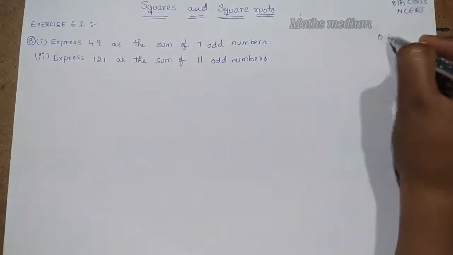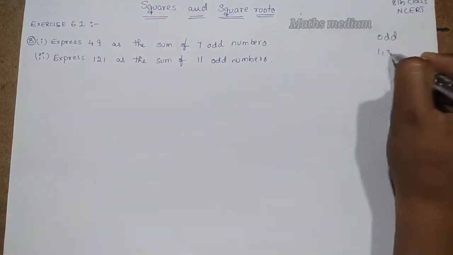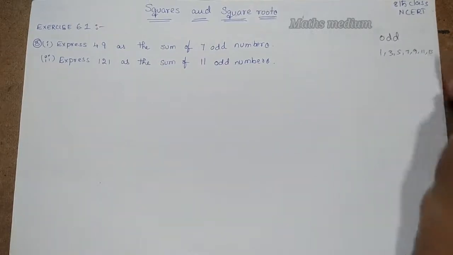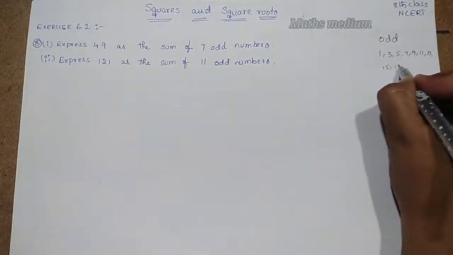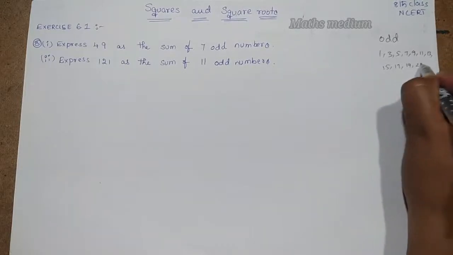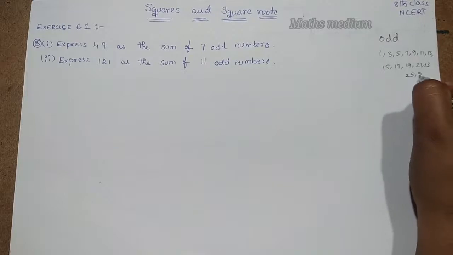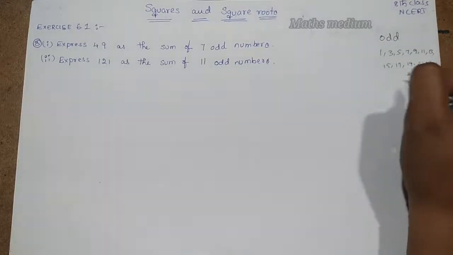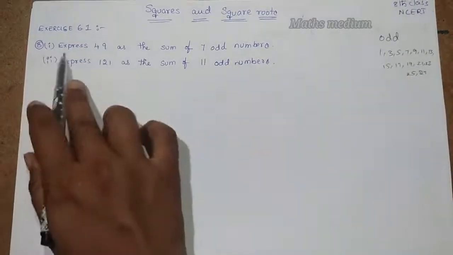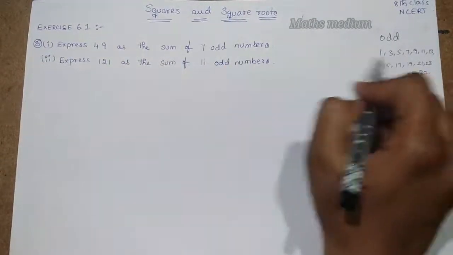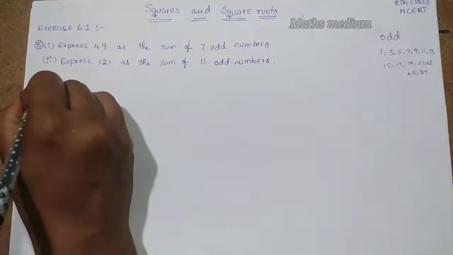We know that odd numbers are nothing but 1, 3, 5, 7, 9, 11, 13, 15, 17, 19, 21, 23, 25, 27, etc. By using these odd numbers, we have to express 49 as the sum of 7 odd numbers. By using odd numbers, we have to express. So let's take 1 as a